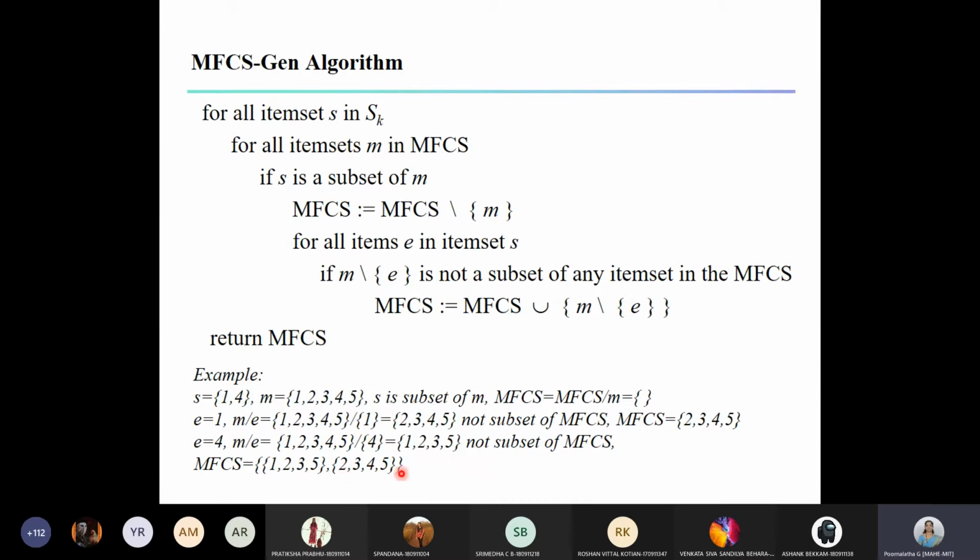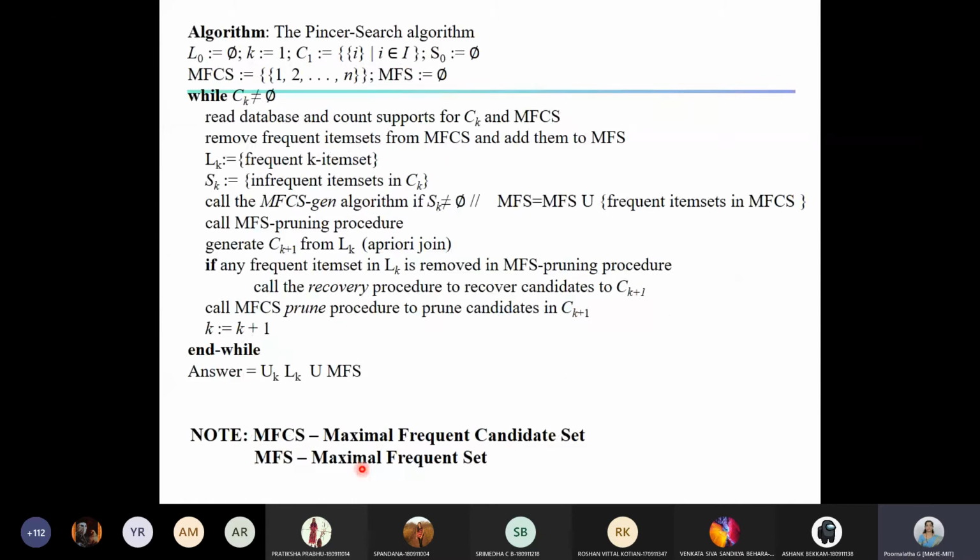Similarly, if we continue, we would be able to generate all other subsets of this item set. That's why we are calling it the MFCS gen algorithm. We are trying to generate the maximal frequent candidate sets. Is this clear? I'll just go back and show you.